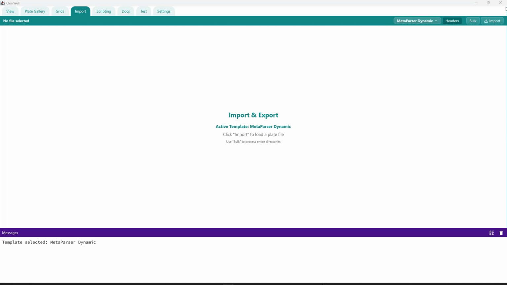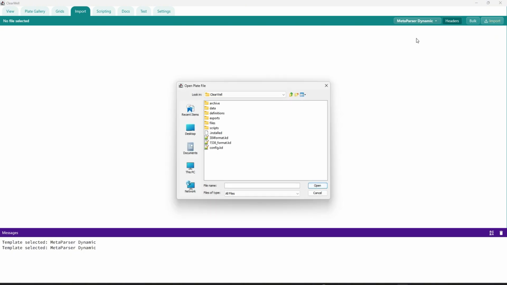Now let's talk about working with your own data. To do that, you'll need the Import tab. The FellStreet Plate Viewer includes a powerful and flexible data parser that can handle most text and CSV file formats. Start by selecting Meta Parser Dynamic, then import an example plate file by pressing the Import button and navigating to